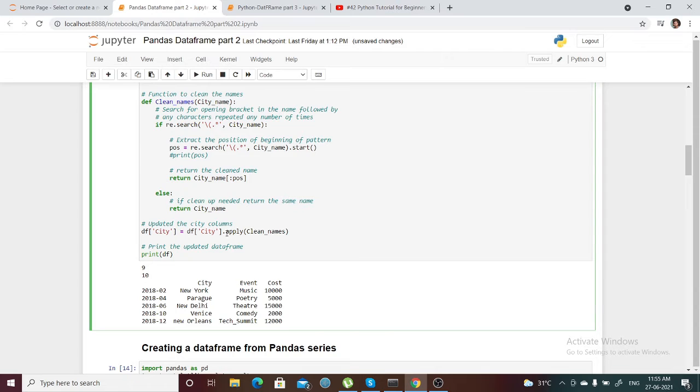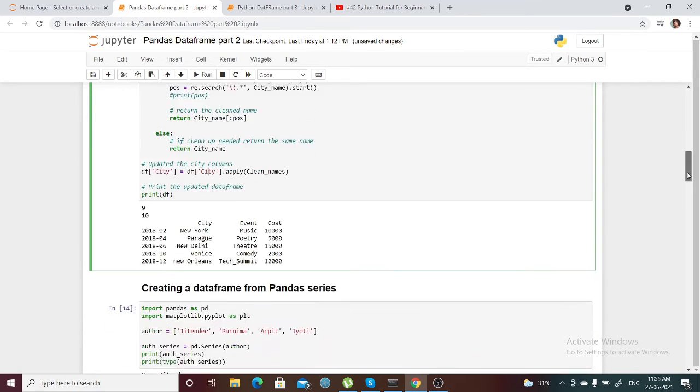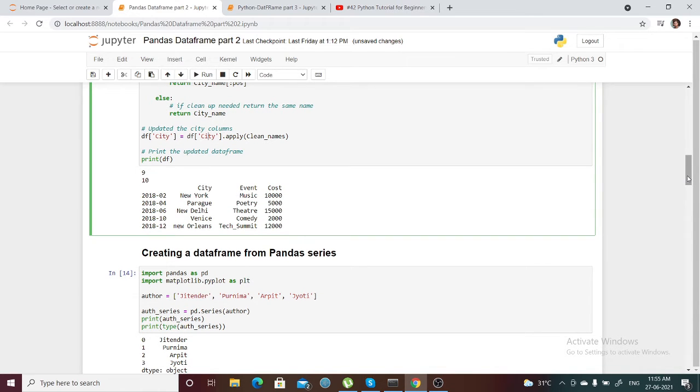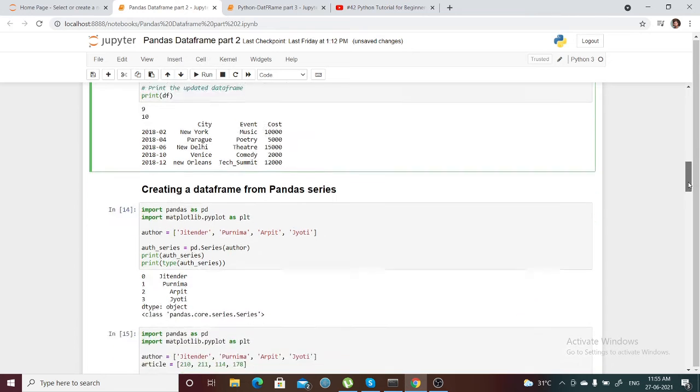So in this apply function we can pass any function that we have created. This function is applied to this particular column of the data frame, and it will perform whatever operation we want to do.